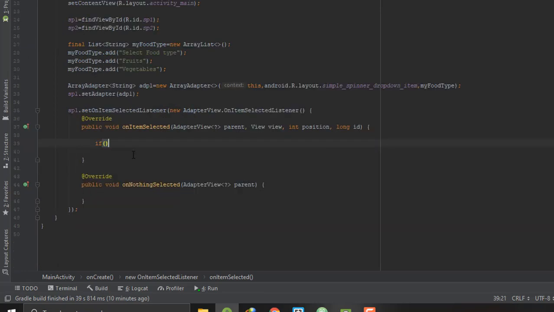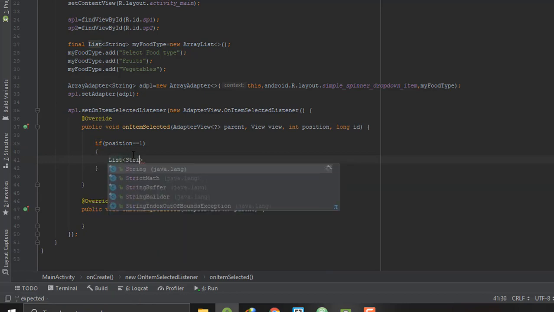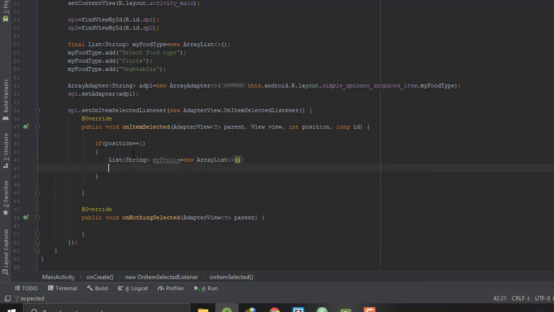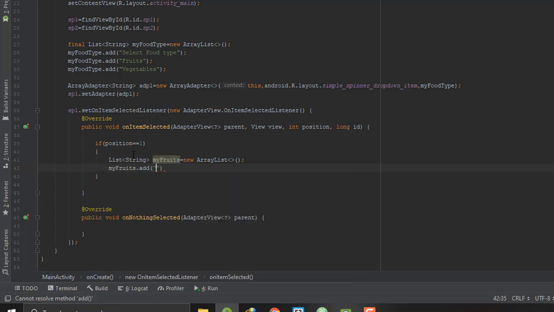Now if the position is equal to 1, which means that the user has selected fruits, I want to create another list which will be of type string, and I will name it my fruits. Now in my fruits list, I will add the names of my fruits, which can be anything.